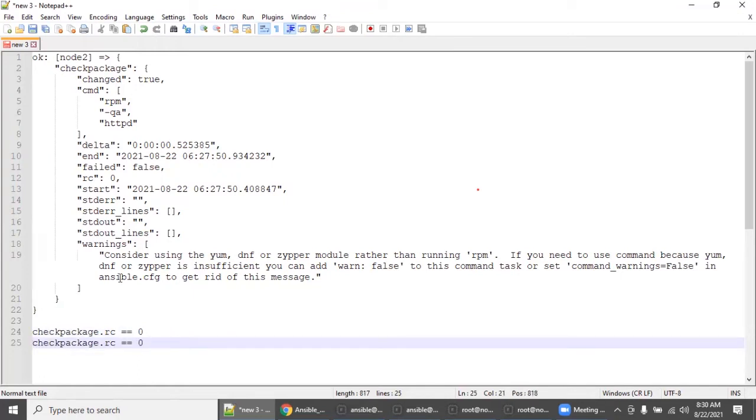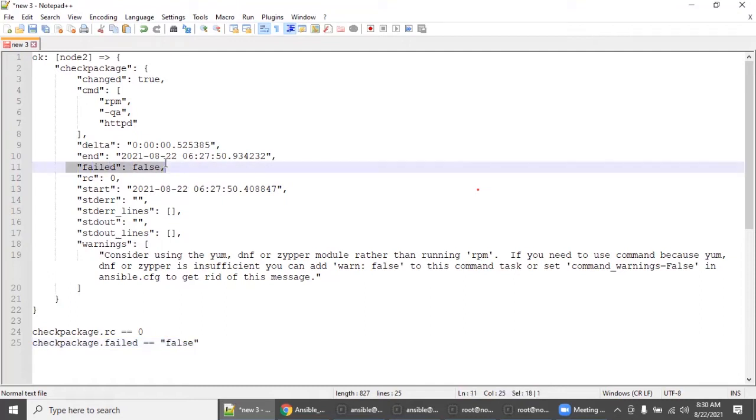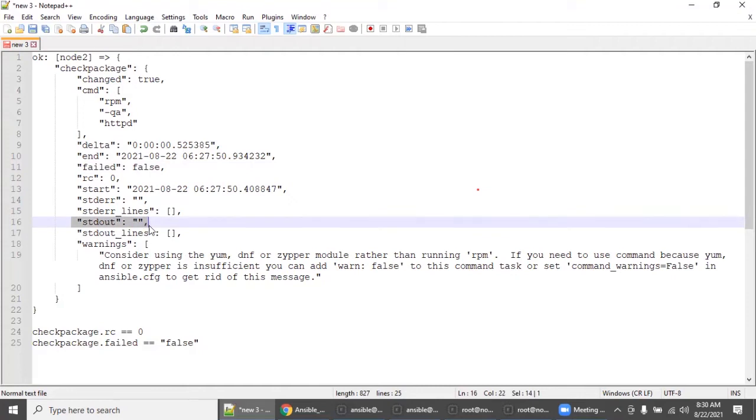So check_package.failed equal to false. Sometimes if you are mentioning true or false and you get some error, you apply double quotes. But this also you cannot use, because both the success machine and the failure machine display the same output. But this you can trust, because the success machine has the package name and the failure machine doesn't have the package name. So very well you can take it.